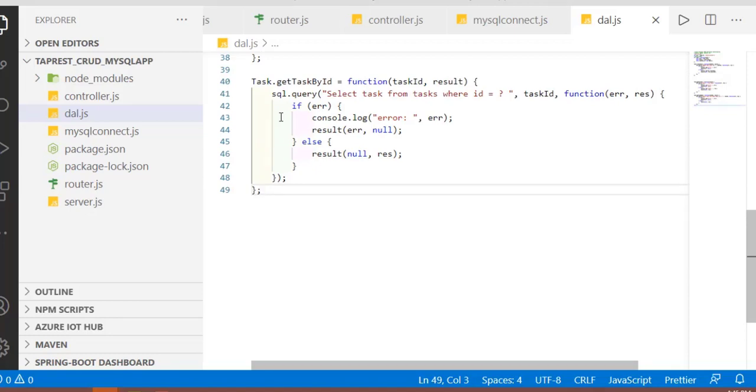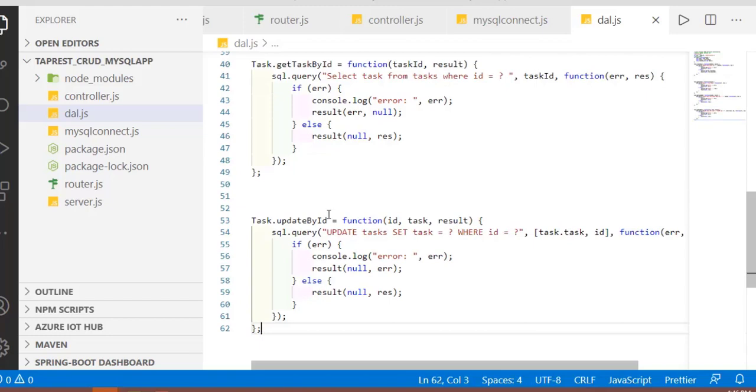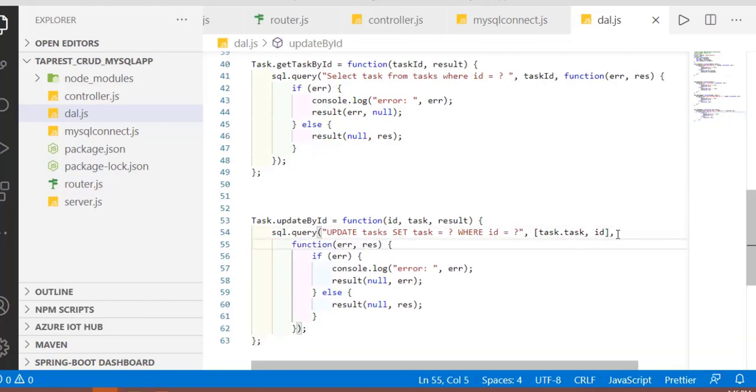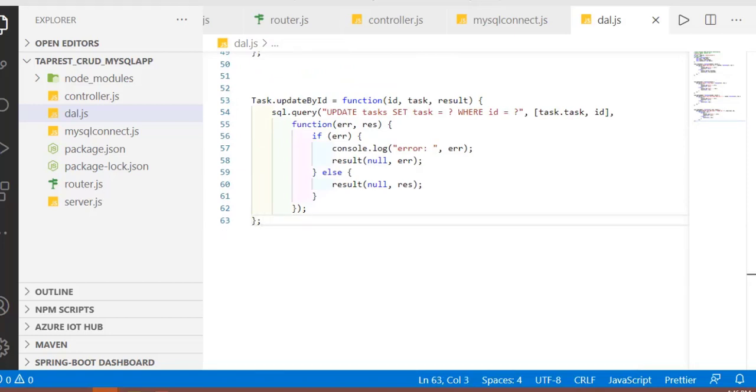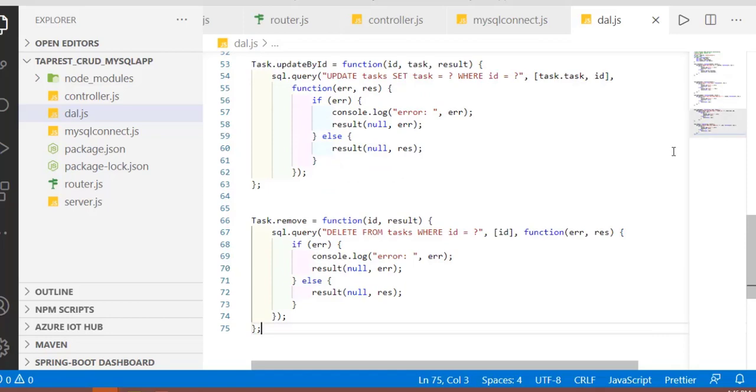So my first parameter is always the query, the second parameter is the ID, and the third parameter is the callback function. Once the data is retrieved successfully, take that data and pass it further, otherwise show that error. The result is really going to have that data, and for the result we are passing a response object. Can you just see the update code also? Your SQL data manipulation query has been defined, the ID has been passed, and the same thing we like to implement for deleting the record in the table.